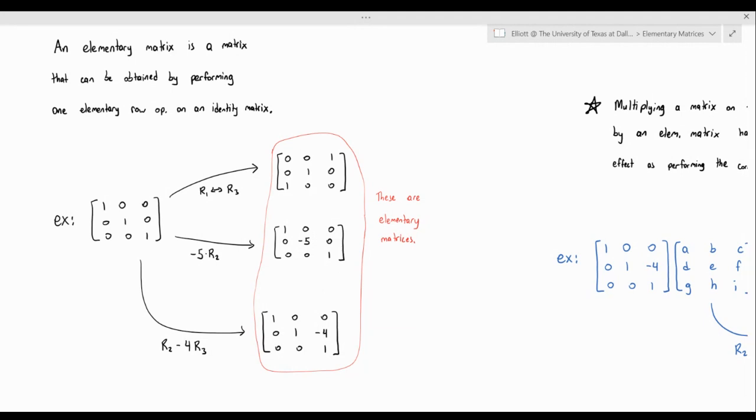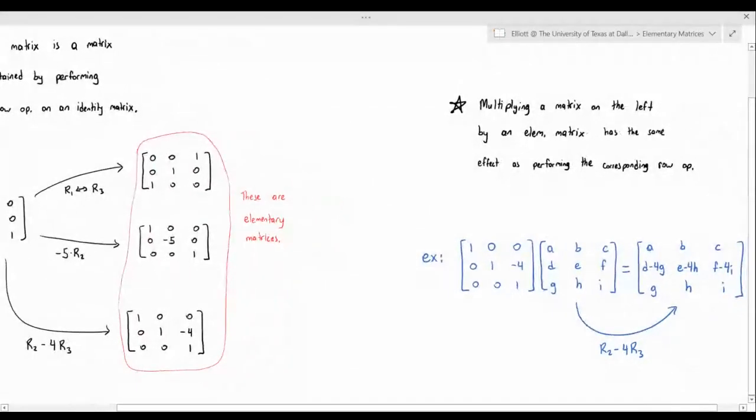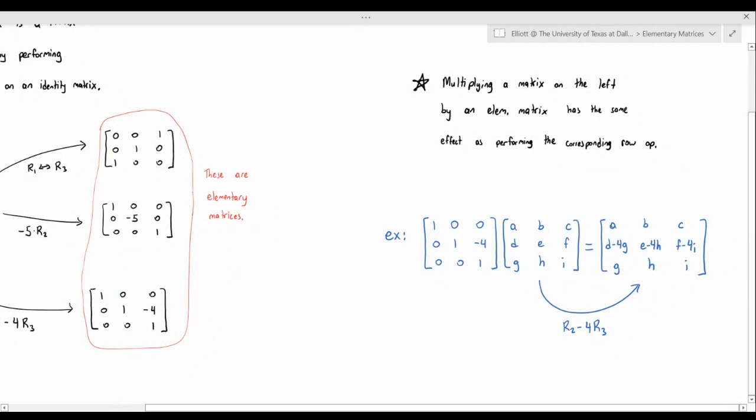And what's important about elementary matrices is this fact that I've written down over here. Okay. Multiplying a matrix on the left by an elementary matrix has the same effect as performing the corresponding row operation. That might not make sense to some of you, so I try to illustrate with an example here. I took this elementary matrix from earlier, okay, and I'm multiplying it on the left to another matrix, okay. And if we do the actual matrix multiplication using the rows times the columns, so if we work it out real quick,